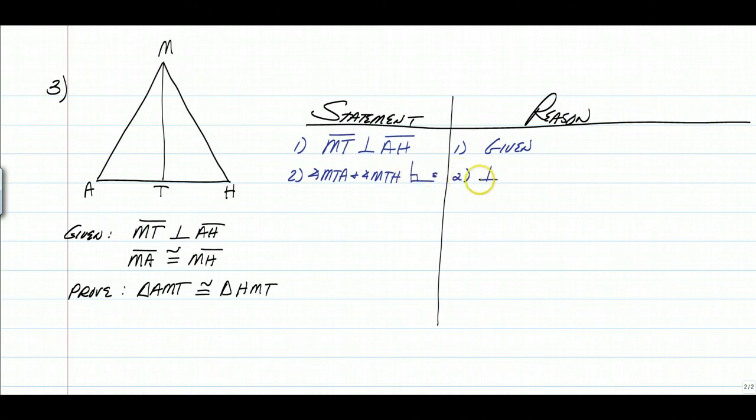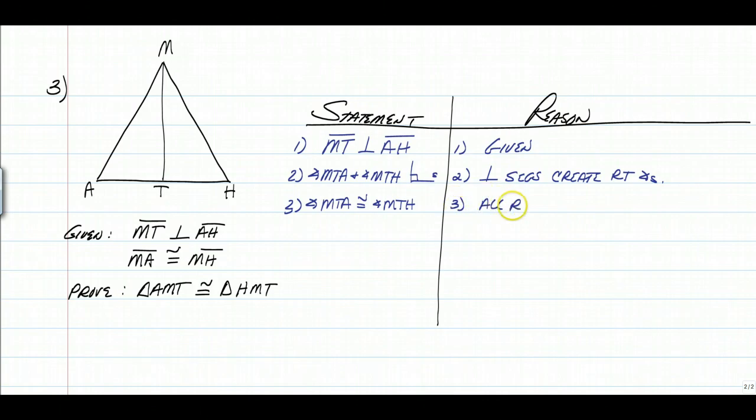And the reason why is perpendicular segments create right angles. They always do. Perpendicular will always create right angles. They do not create congruent angles necessarily. They create right angles. But then from there, you can say that angle MTA is congruent to angle MTH. And the reason we know that is because all right